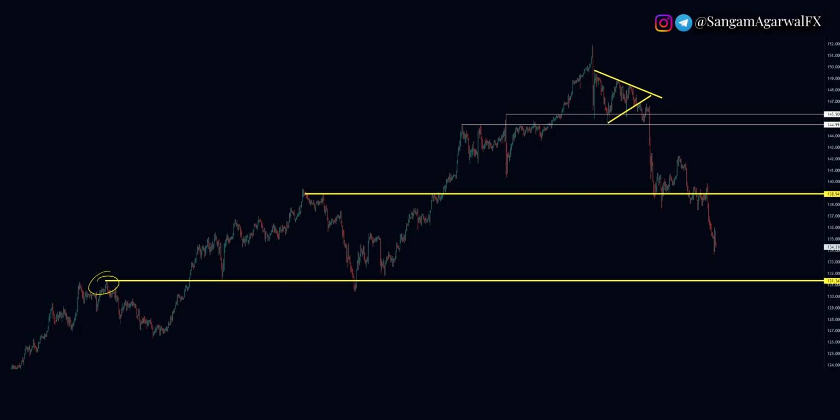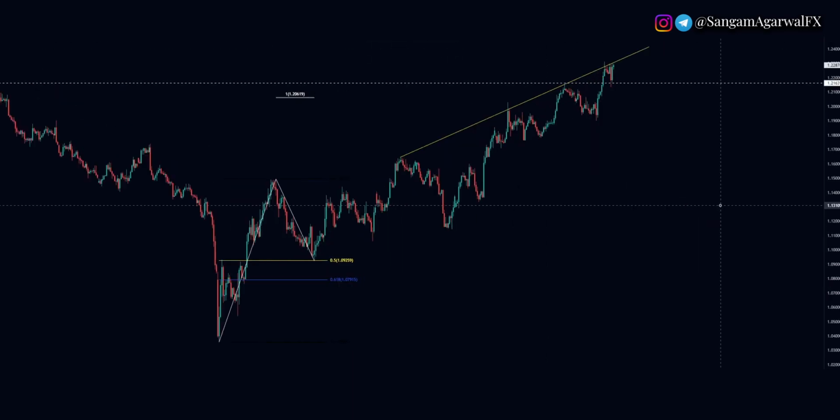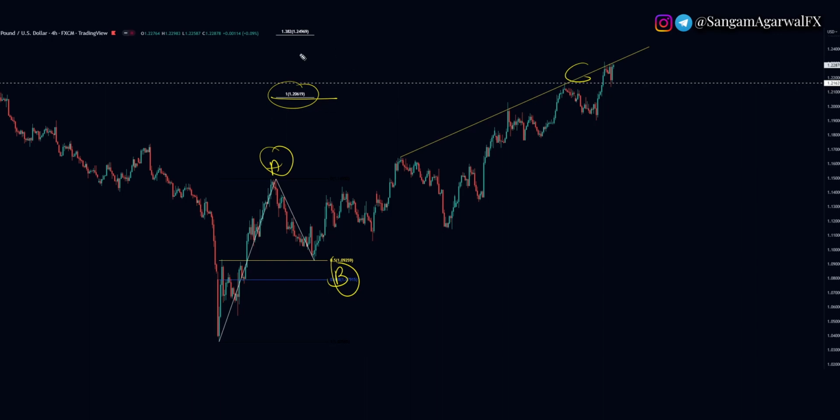But focus on this next support level 131, and if it goes up then it can retest 138, then you sell again, target up to 131. And if we see the GBP/USD H4 time frame, then last week there was a possibility of an ending diagonal chart pattern, but the new high has ended that possibility, and that 100% projection for wave C is broken, and the next target will be the 138 level.